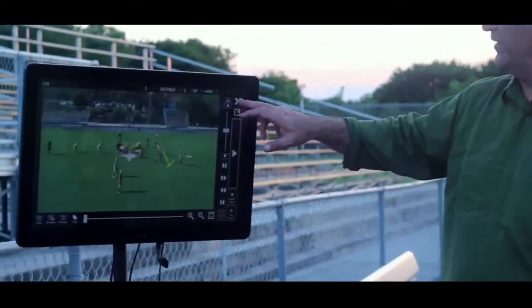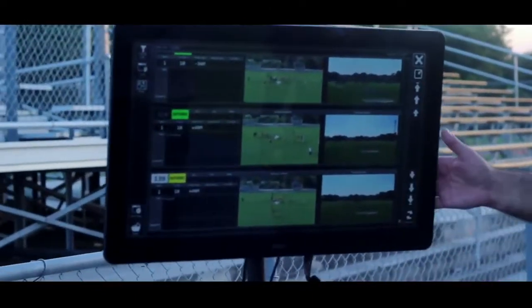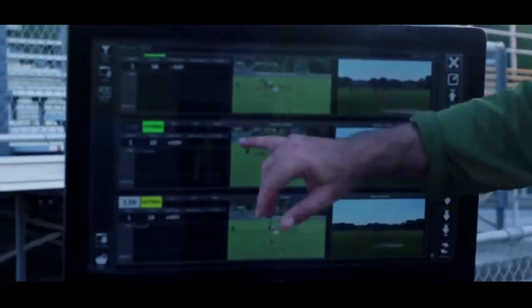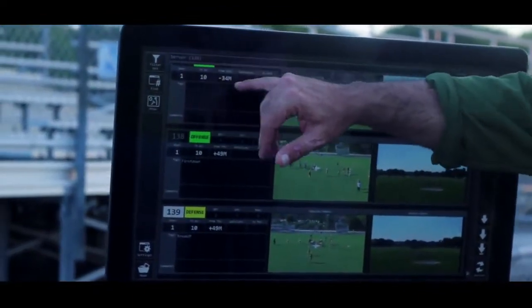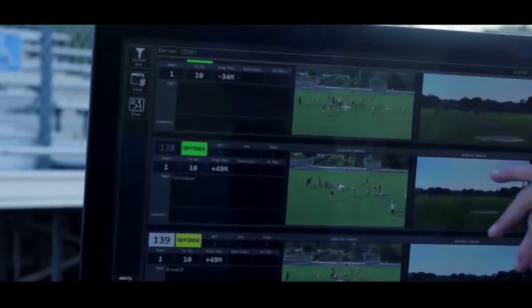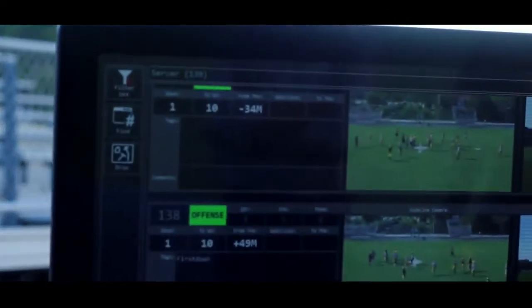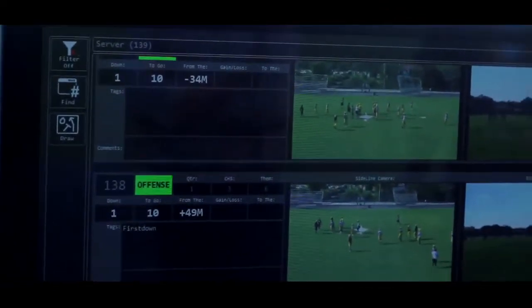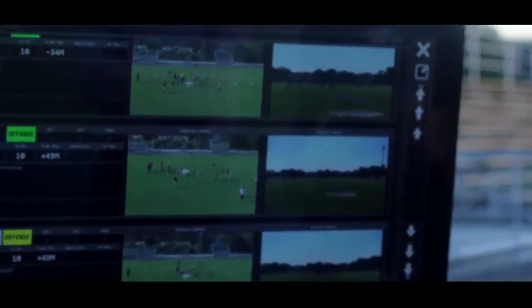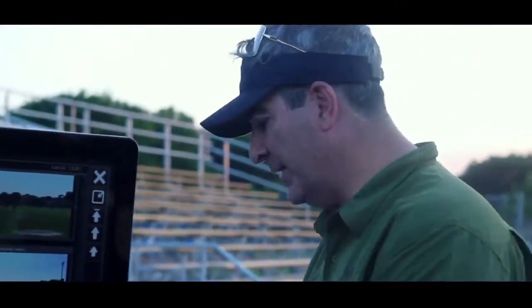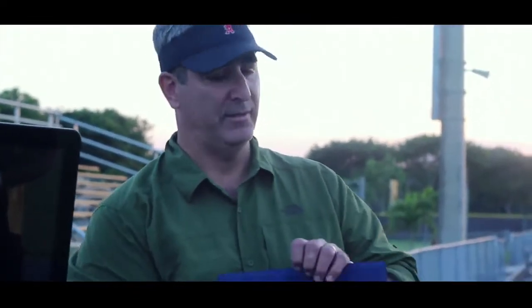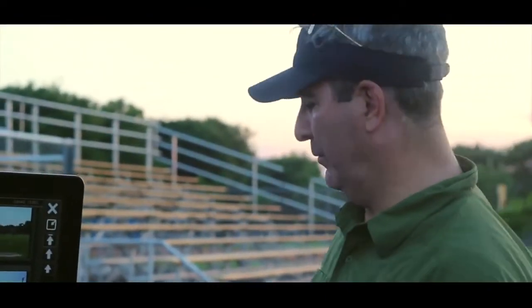The other really neat feature on this is we have a tablet connected to a monitor. We can set it to where it's reading, and we have 139 plays on the server, but in the background it's copying the plays from the server to the local tablet, so that when I pick up my tablet at halftime and I walk out of the range of the server, I simply unplug, come in here, I'm still connected to the server. Basically what would happen